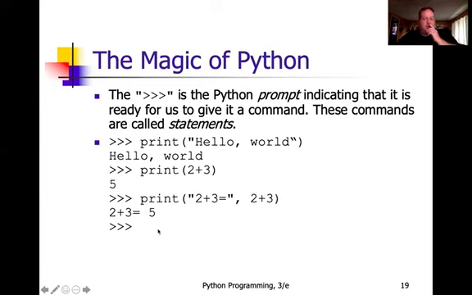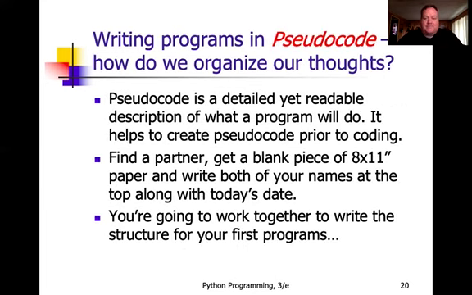So print 2 plus 3 equals, then a space, then analyze the math formula 2 plus 3, and the result is what gets printed on the line there at the end. So Python is literally doing exactly what you tell it to do in the order you told it to do it, following its syntax. So as we write our programs, we write them in pseudocode, and we think about how